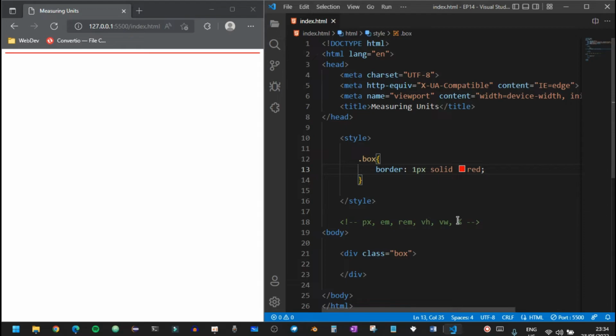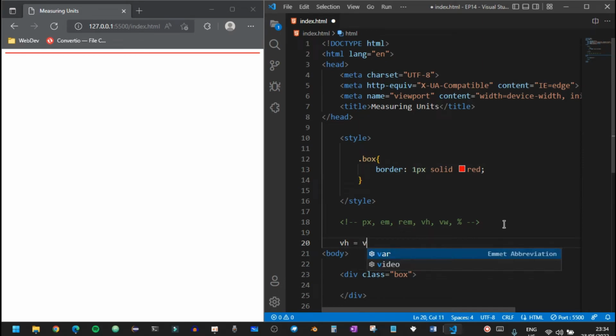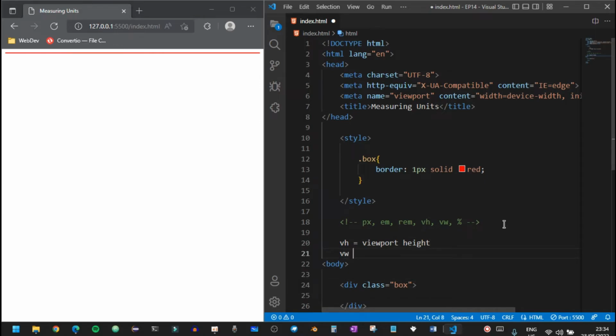Now let me tell you what VH and VW actually translate to. VH is equal to viewport height, and VW is equal to viewport width. So now I'm going to go over both of them one by one. Viewport height means this entire screen. This white area in the browser is called the viewport. So viewport height is the height of the entire viewport, and viewport width is the width of the entire browser